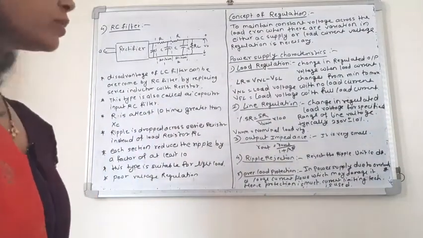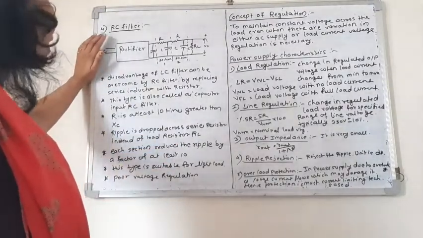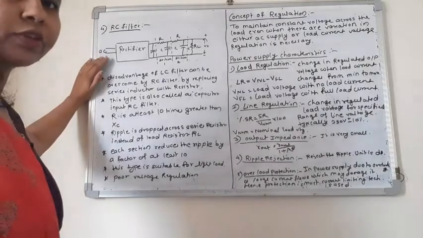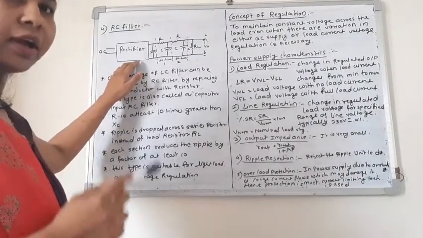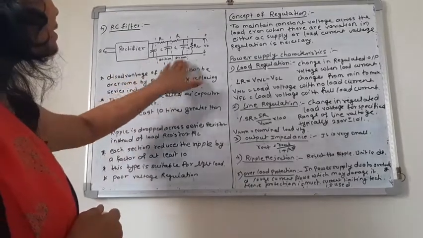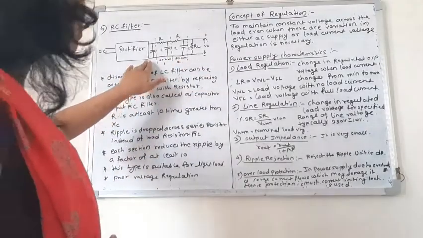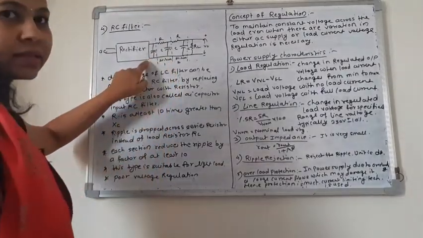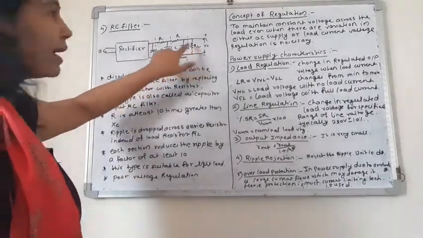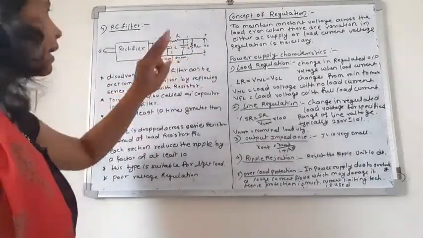So today we are going to study the remaining filter, which is the RC filter. For the RC filter, again this is the input, which is in the form of AC. This is the rectifier, which is used to rectify the input, and this is the circuit which is called the RC section. So what happened here? The R is connected in series with the load resistor RL, and C is connected in parallel with the load resistor RL, and there are two sections.